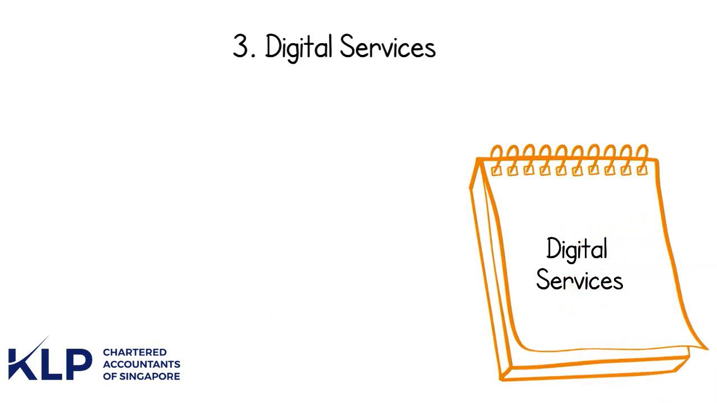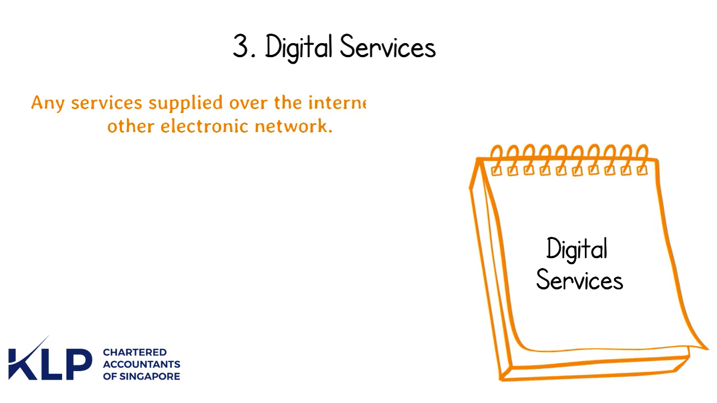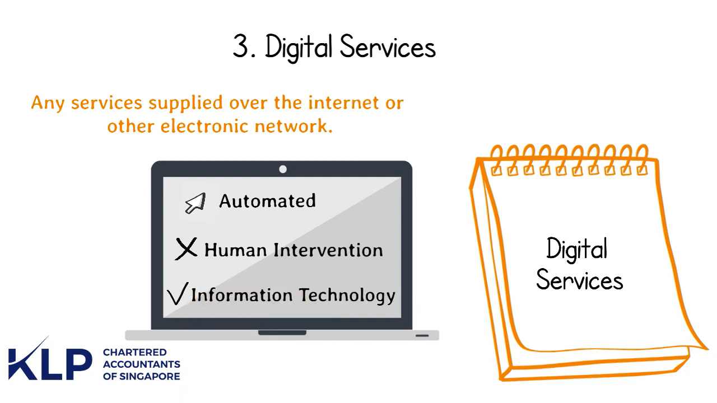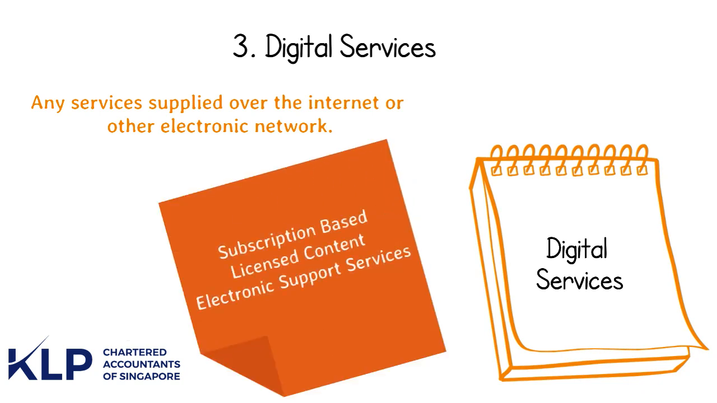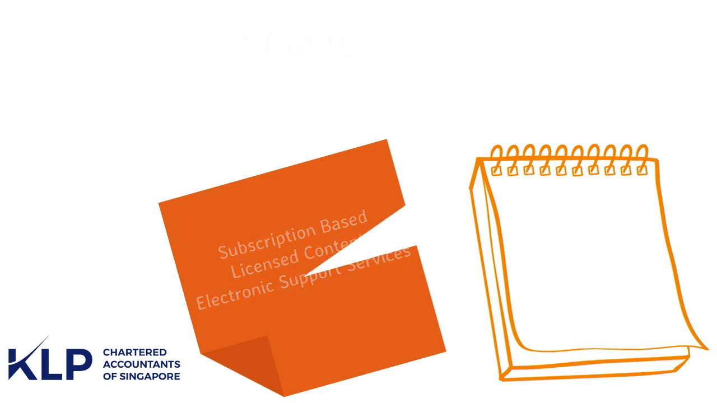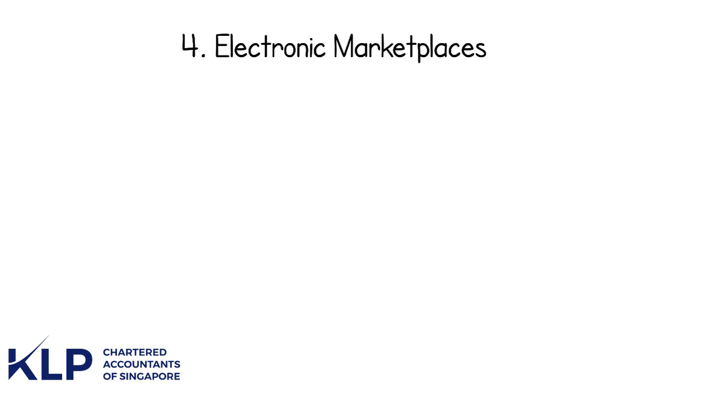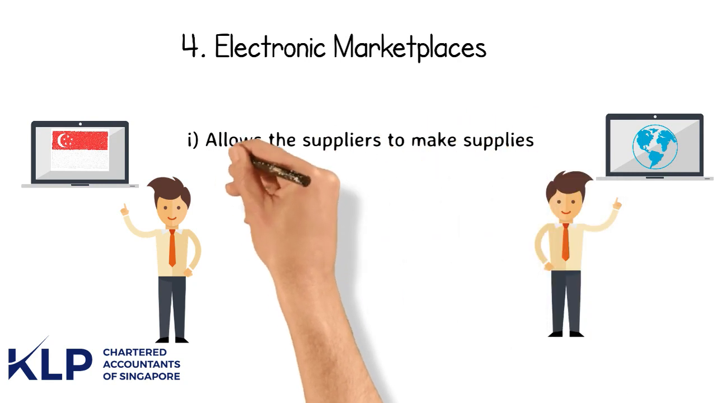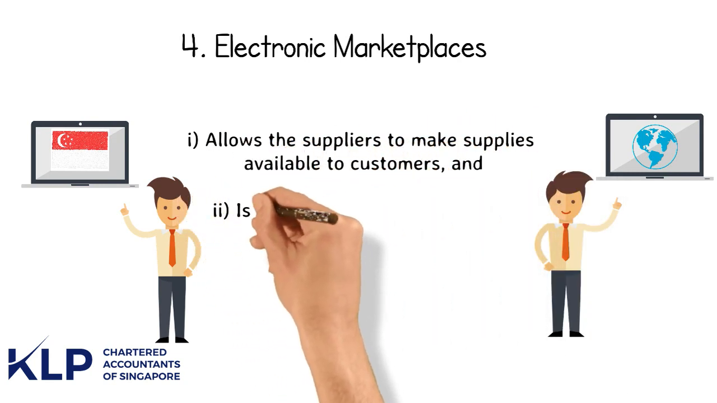Digital services is defined as any services supplied over the internet or other electronic network. The nature of the services supplied must be essentially automated with minimal or no human intervention and is impossible without the use of information technology, for example, subscription-based and licensed content, as well as electronic support services. Electronic marketplaces is defined as a medium that allows suppliers to make supplies available to customers and is operated